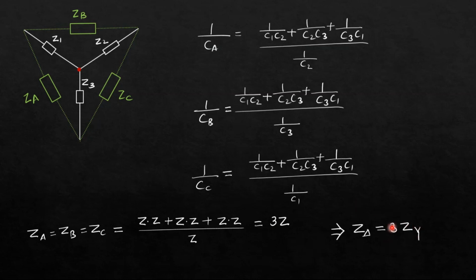So you may forget this relation. I will tell you the trick to remember this. Now you know that delta and star, you can see here in delta you have 5 letters, 1, 2, 3, 4, 5, and in star you have 4 letters, 1, 2, 3, 4. So you can see here delta is bigger, therefore it is 3 times Z star. That is how you can remember here. So that is how you transform from star to delta and delta to star.